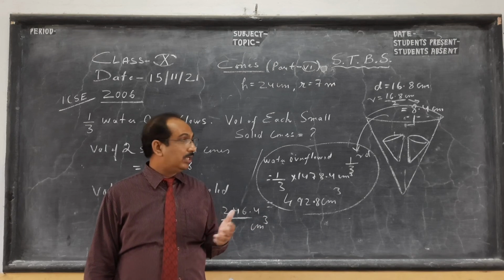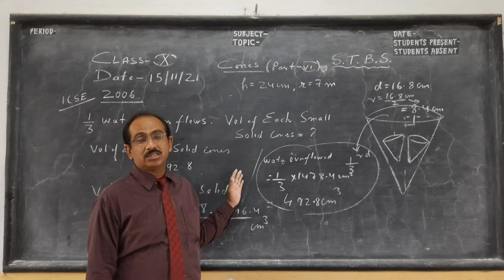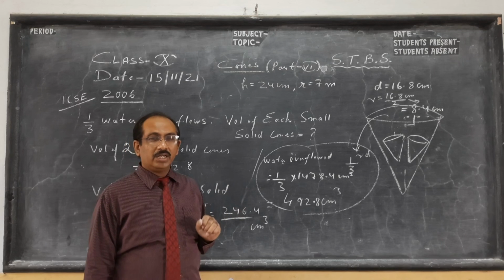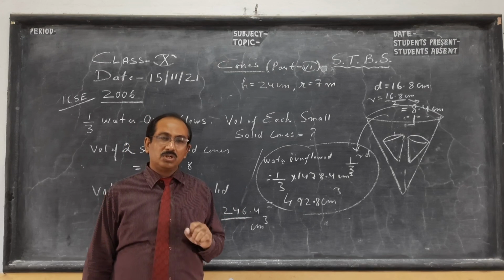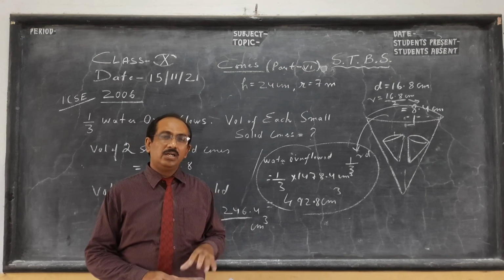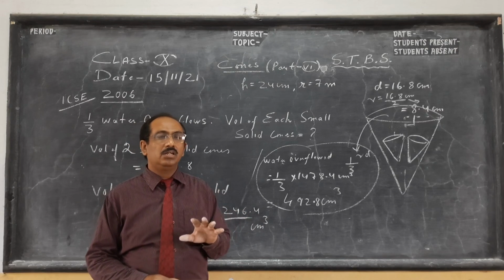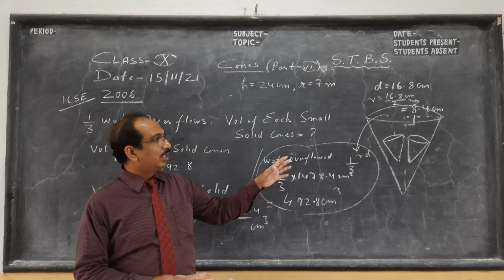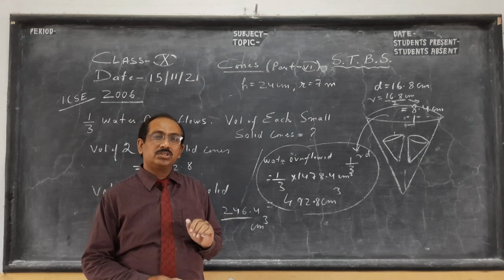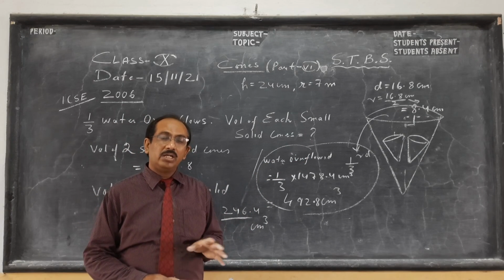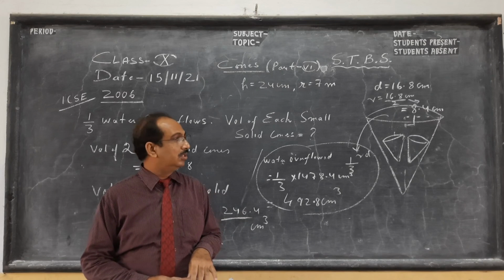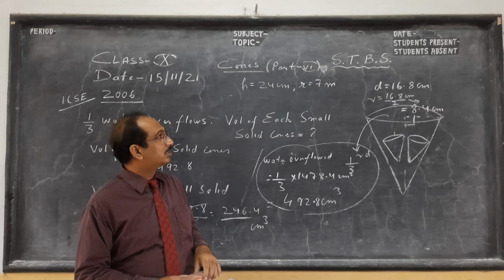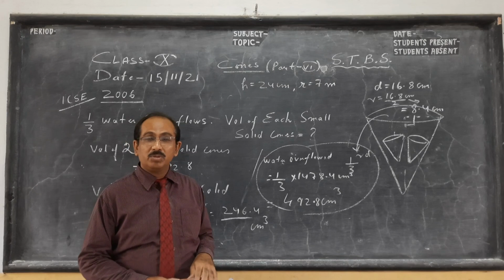And here we have done 3 ICSE questions on cones. Next video I told you I'll solve 2020 and more questions related with cylinder and cylinder-cone combination. Like this you can say a combination question, or mold melting and recasting, called conversion. So more we will see in my part 6, 7 and 8 maybe.